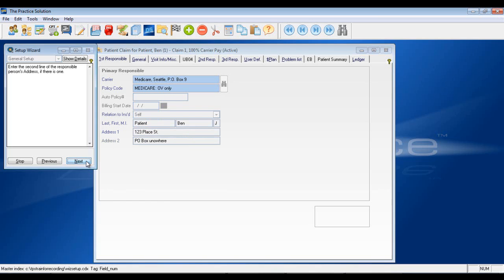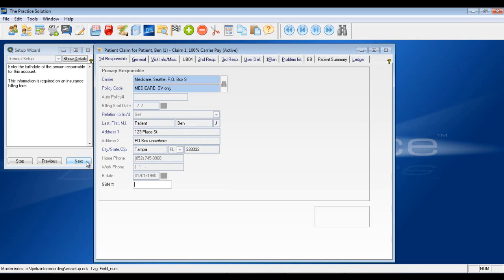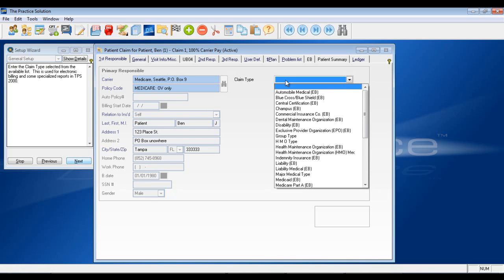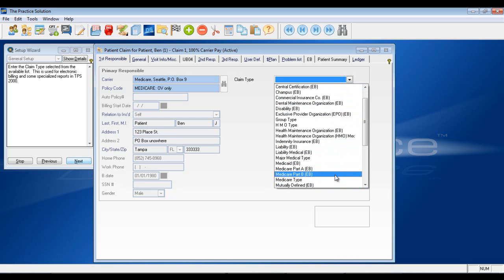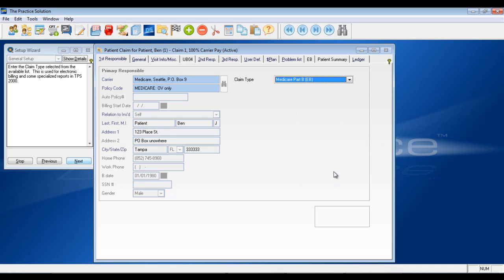Here we see address, second address, city, state, zip, home, work, birth date, social security number, and gender. Clicking Next again, over at the top right we have the claim type. Claim types are used for billing purposes and certain specialized reports within TPS. If I click this drop down, we can see a list of options to select a certain claim type. The EB next to some of these in parentheses indicates electronic billing. I'll go ahead and scroll down and find this Medicare Part B, select that,